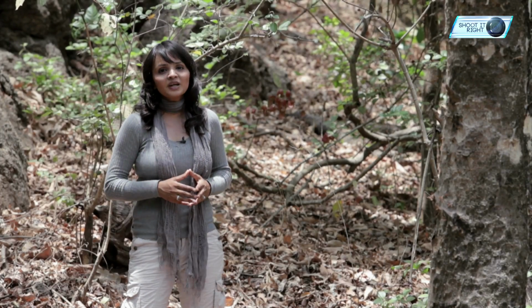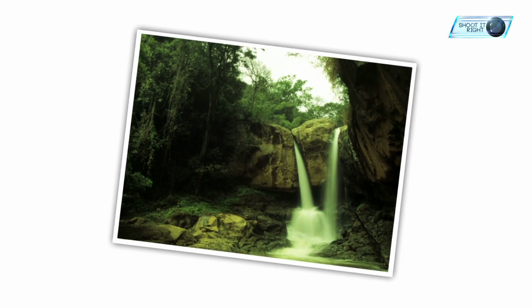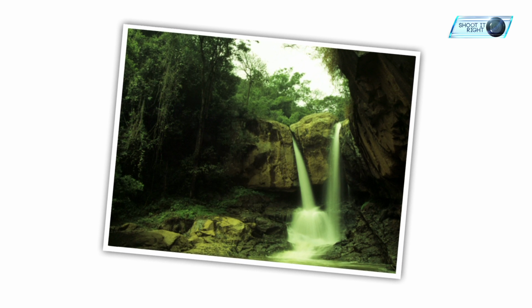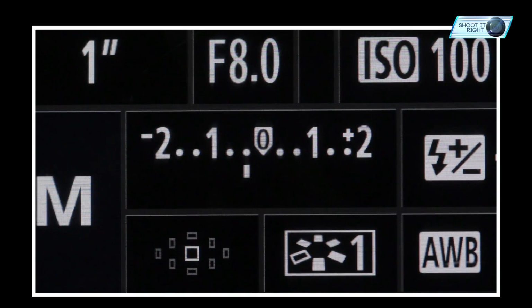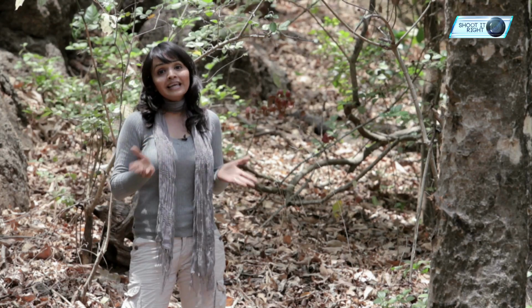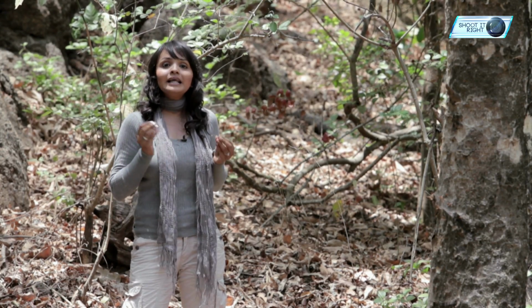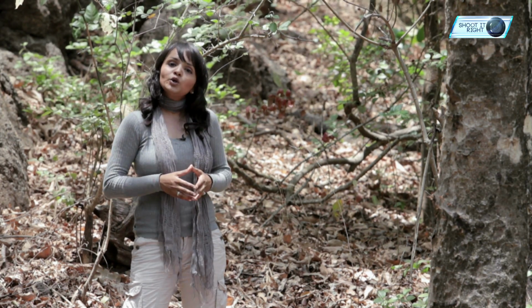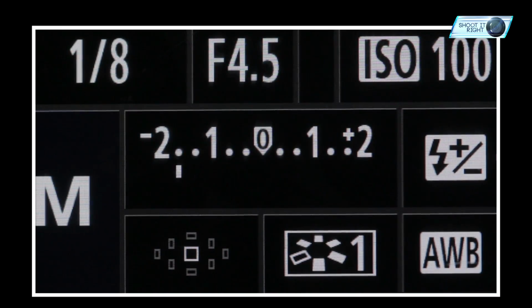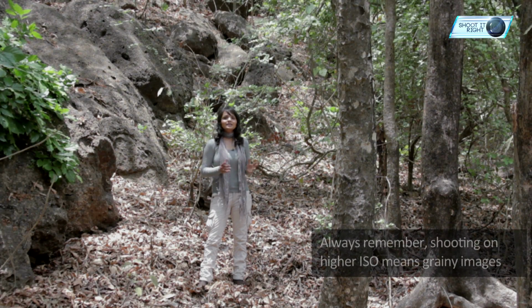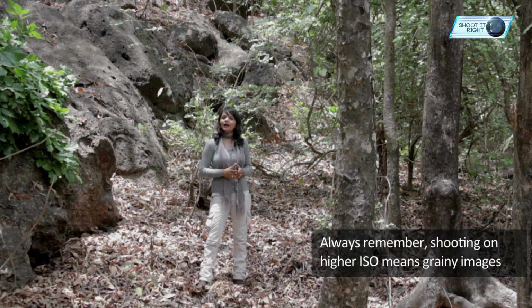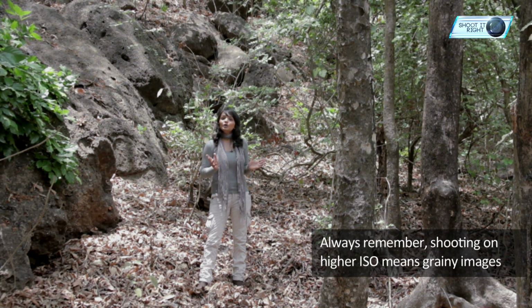Few points to start with. For taking a picture of a waterfall, you would set your shutter speed and keep changing the exposure till the time you get your exposure scale to 0. For taking a picture of a landscape where details are the most important part, you would set the aperture and keep changing the shutter speed till the time it comes to 0. While changing the ISO, keep in mind that at a higher number, you'll start getting grainy images.